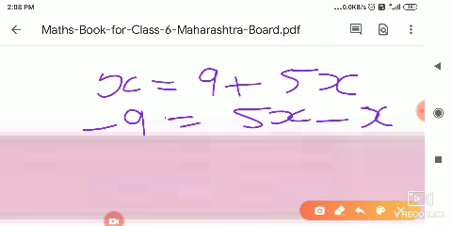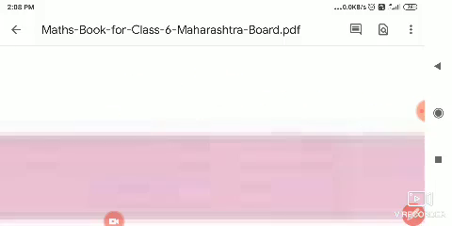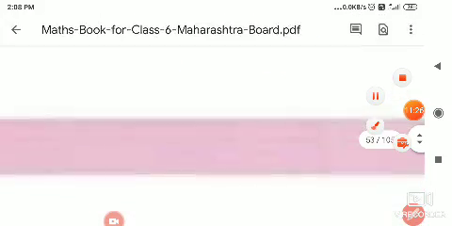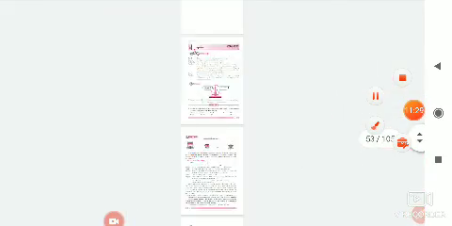If a number is for addition here, it will go to the other side of the equation as negative. If it is for subtraction here, it will go to the other side of the equation as positive. For multiplication and division, in this way we have to change its position. Okay, now here